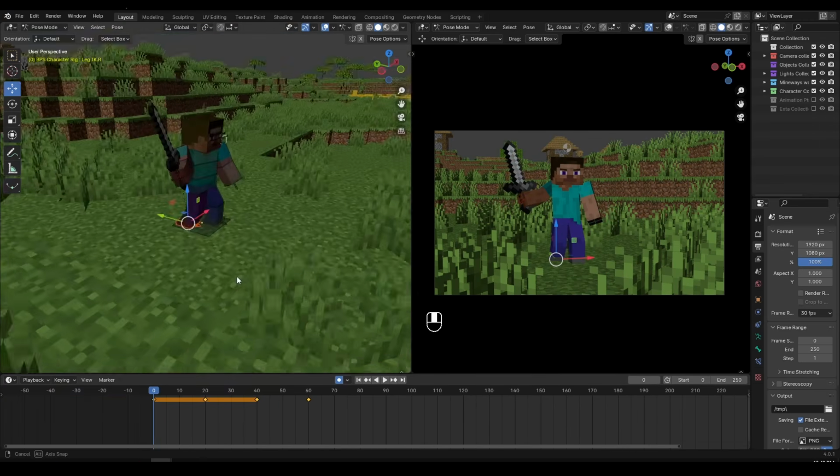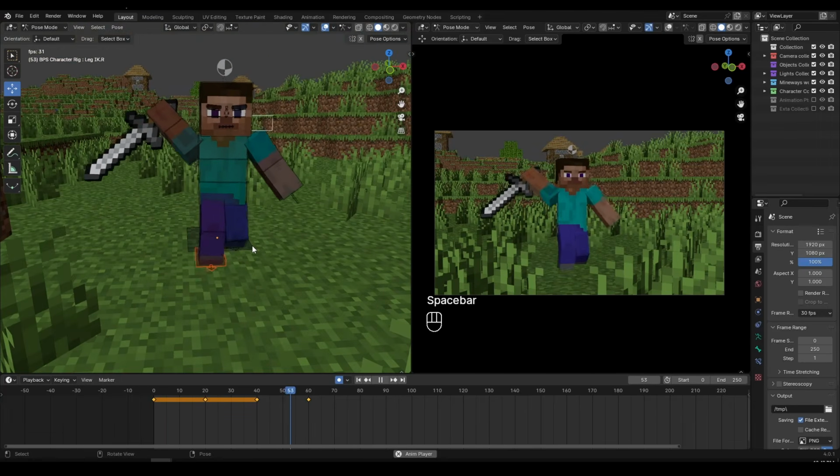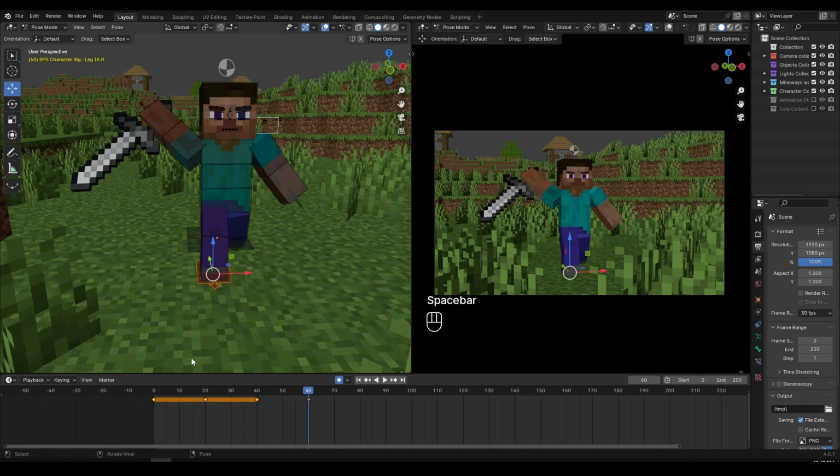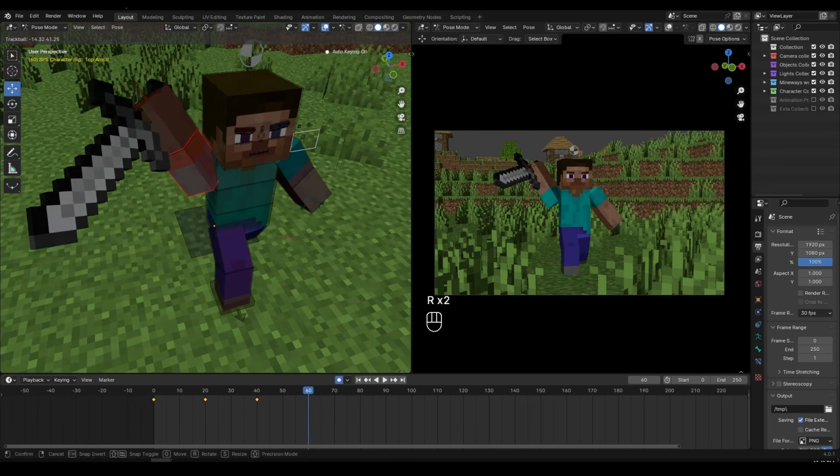So let's play back our animation. This is like the basic movements. Swing, swing, and then move forward. That's good. Now, when the character moves forward, he's going to try to basically stab someone with a sword during